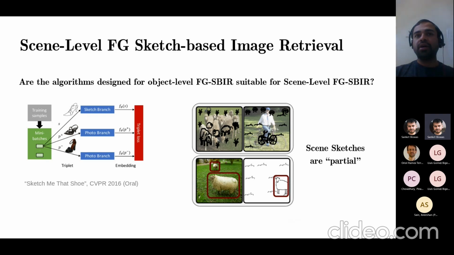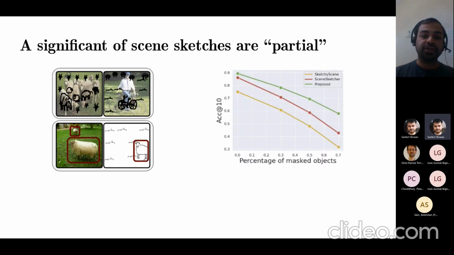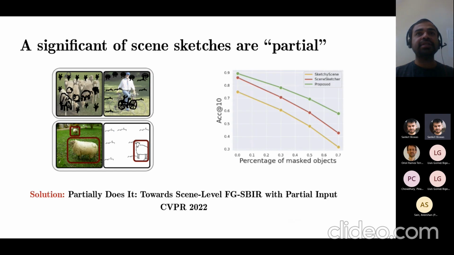Sketches might not describe everything that is in the photo, or even if they do, it might not be perfectly aligned, and we call this problem partialness. As sketches become more and more partial, the performance drops. This partialness is not so pronounced at object level,